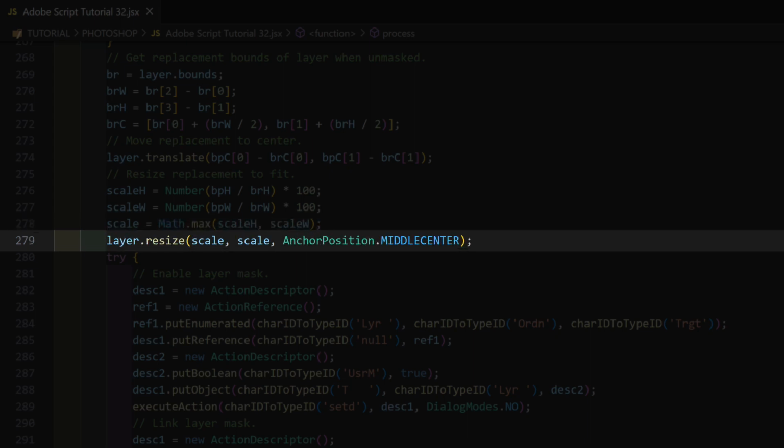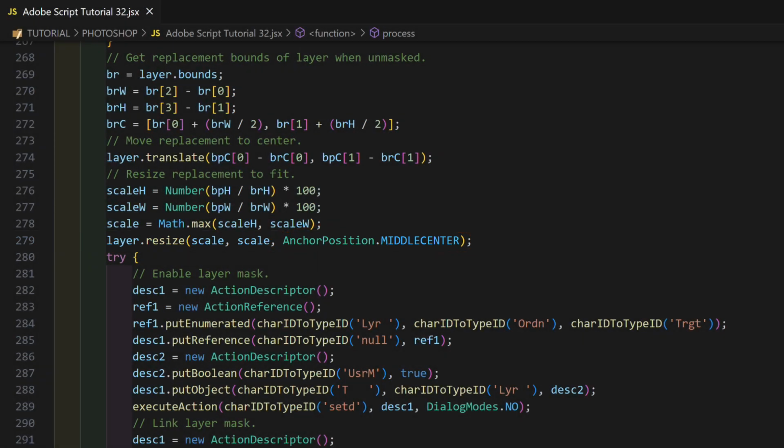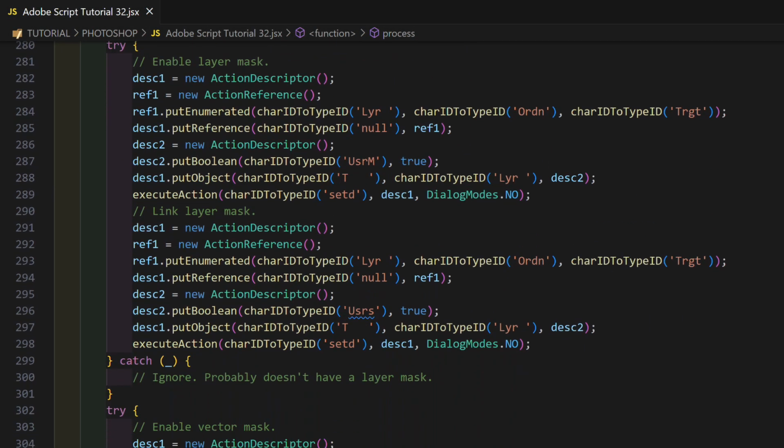Then resize the layer using the chosen percentage for both width and height. Or, to let the content stretch non-proportionally, use the 2 different percentages for width and height. Either way, anchor the position middle center. Now the replacement is the right size and position.